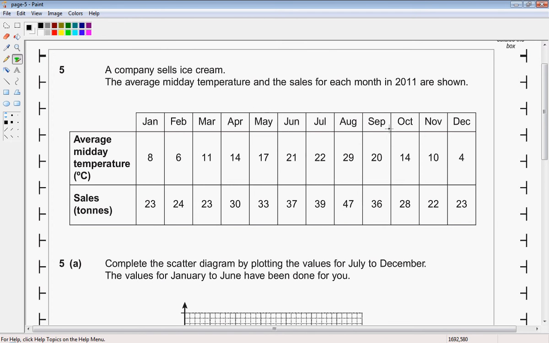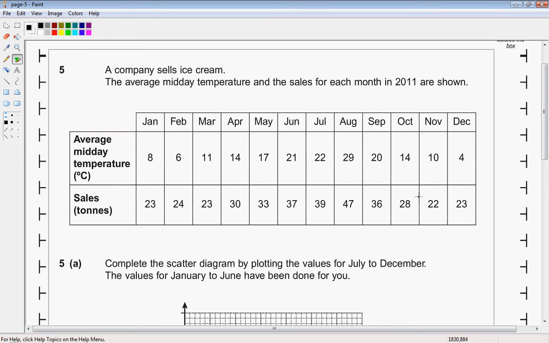Okay, so question number 5. A company sells ice cream. The average midday temperature and the sales for each month in 2011 are shown. So here we can see the temperatures across the year in degrees centigrade, and these are the sales in tons